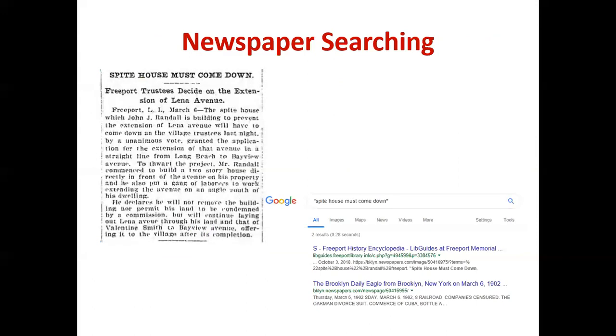So this was about the Spite House. This was a house that was built on a property to keep another developer from splitting that property. The house is always said to have been built in a day, and it wasn't. It was probably framed out in a day, and it kept this other developer from encroaching on another developer's property. It's wild. And so if you do a search on the title, Spite House Must Come Down, the first hit